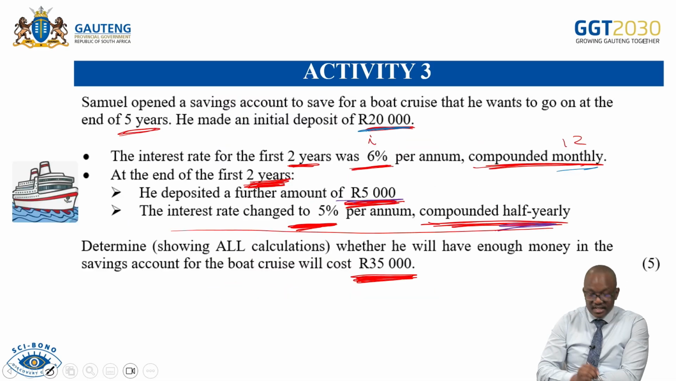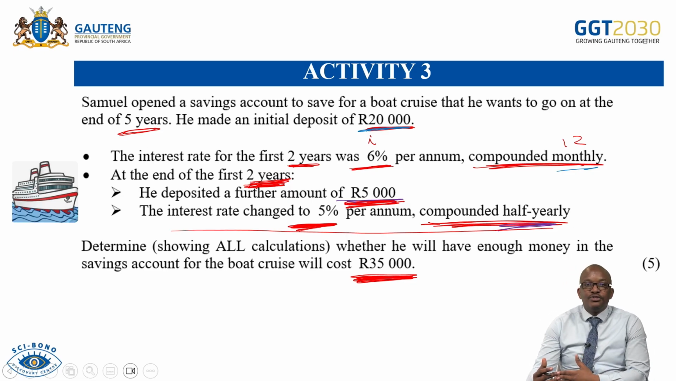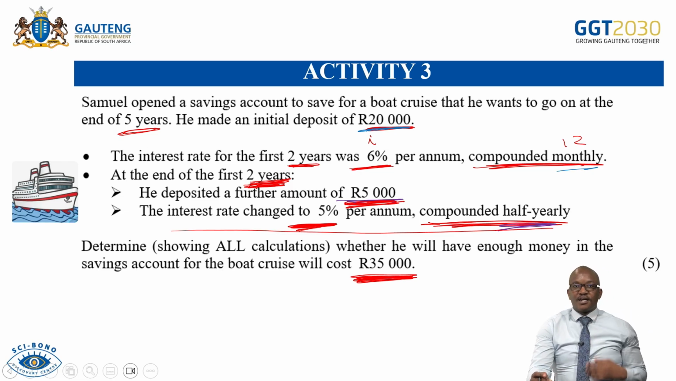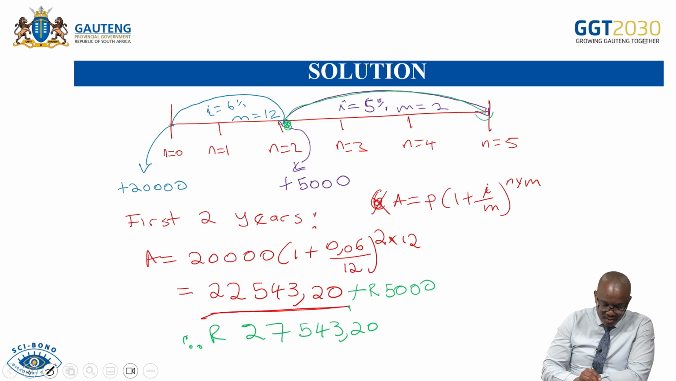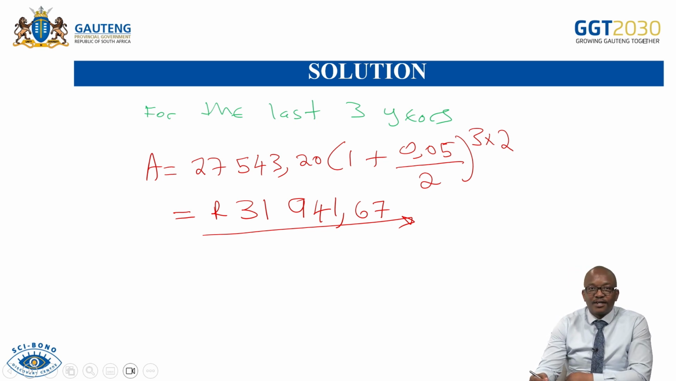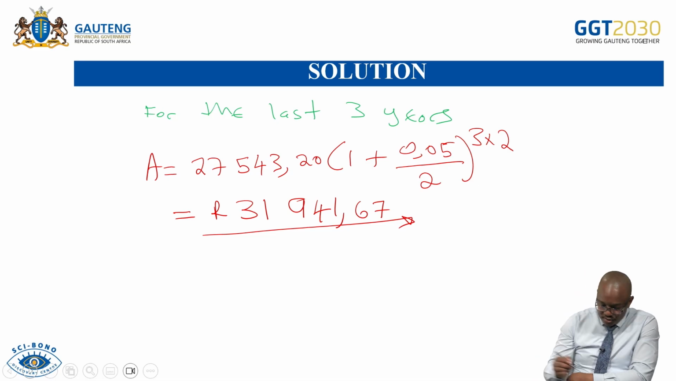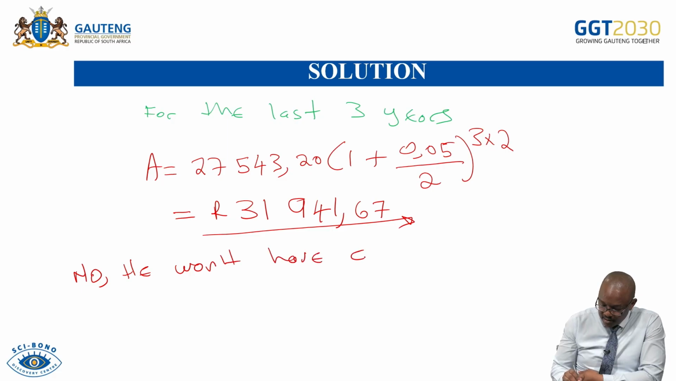So remember, with this type of question, they need you to always give a conclusion because they are asking you to determine whether he will have enough money in the savings account for the boat cruise. And that will cost 35,000. So you can see that the amount as we have calculated doesn't amount to 35,000. You only have 31,941 rand. So you will say no, he won't have enough